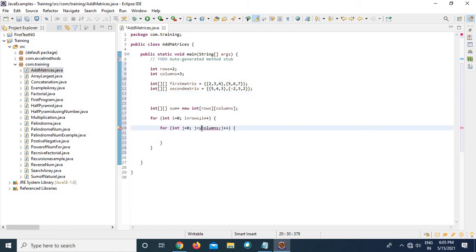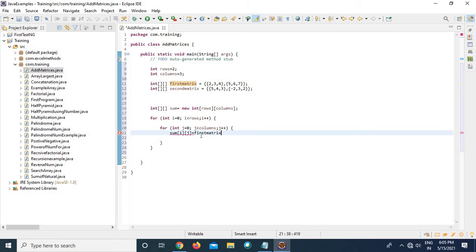Once you define this, what I am going to do is sum of i and j is equal to whatever the first matrix you defined here.